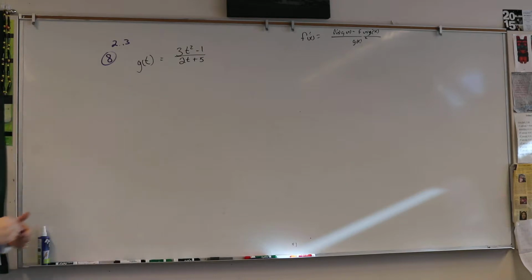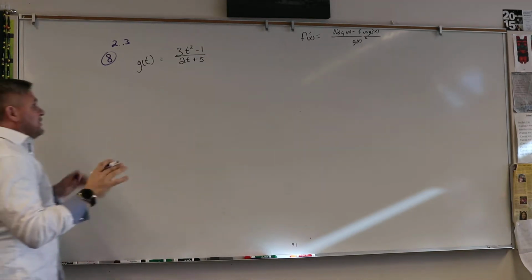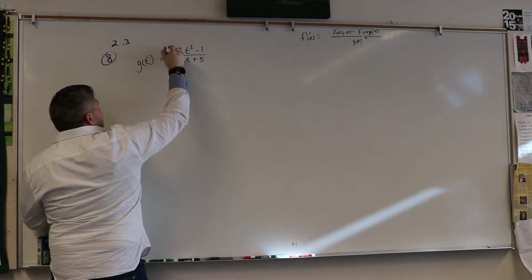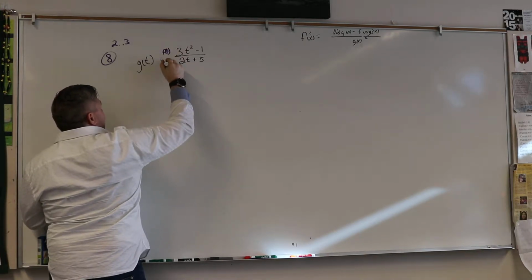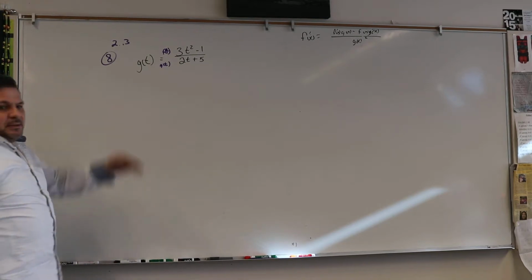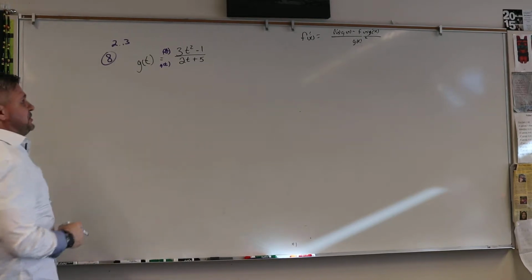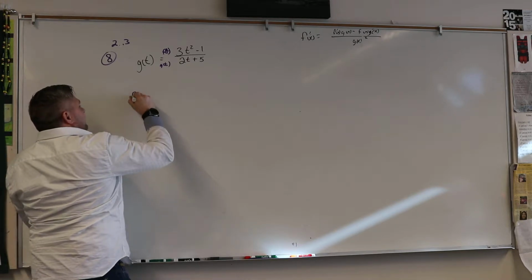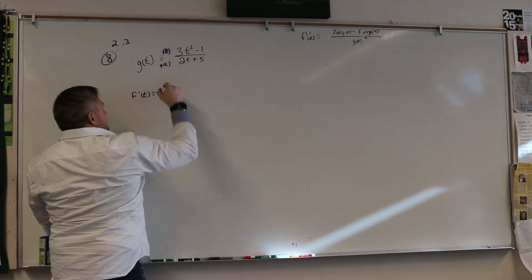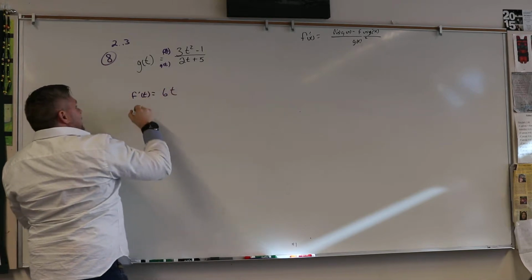2.3. Okay, so 2.3. So the first thing we want to do is label this as f of t, and this is g of t. Even though this is g of t, we're still going to label the top f of t, the bottom g of t, so that we can find the f prime of t is going to be 6t, and the g prime of t,